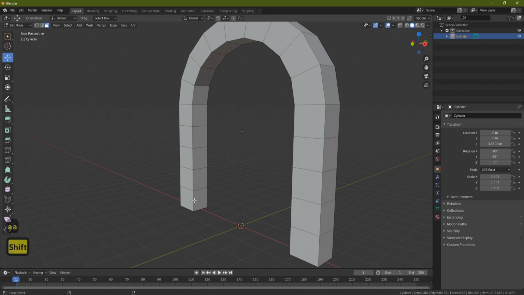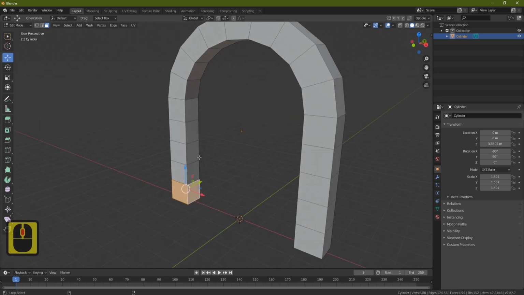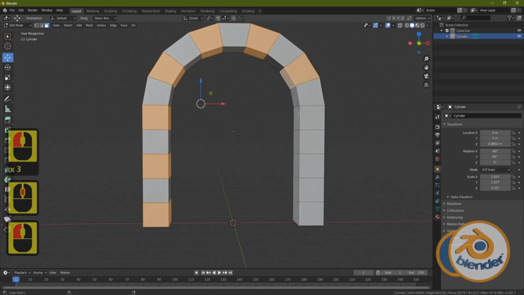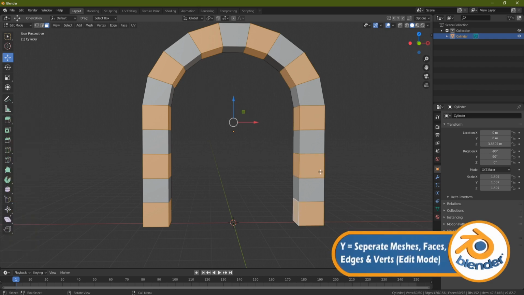And what I'll do is Alt Shift click in this actual facing this way, going this way, and that'll select all of those faces going all the way around. And I'll do the same going all the way up, so I can grab all these faces all the way around. When I get to the bottom, what I'll do is I'll press Y now, and you won't see anything happen,